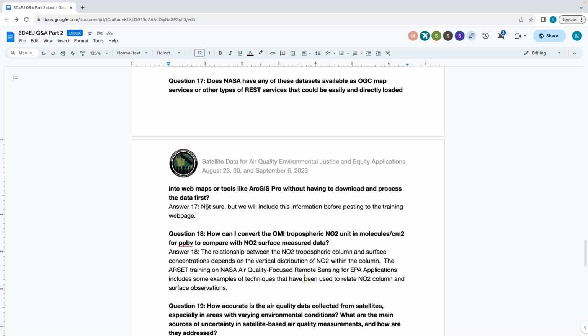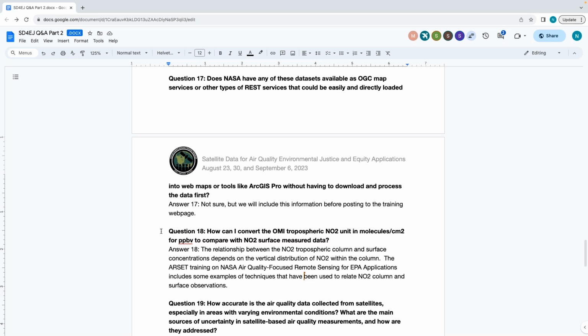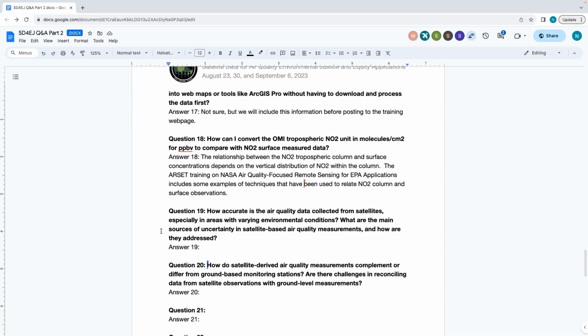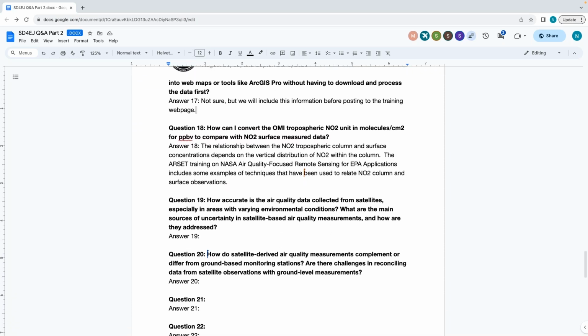So yes, we are moving towards making things a little bit more interoperable in those ways. Again, I don't know specifically about OGC maps, so we'll have to look into that in more detail and get back to you. Question 18: